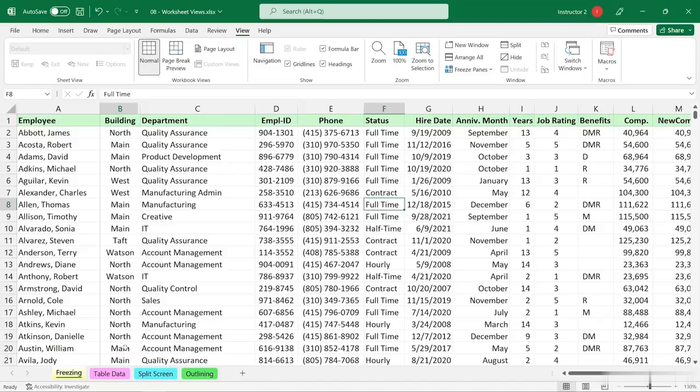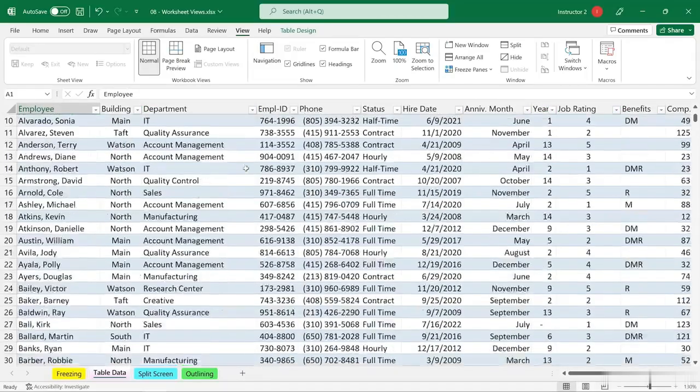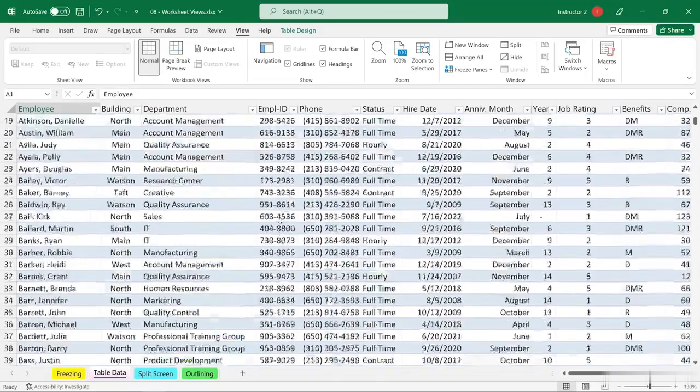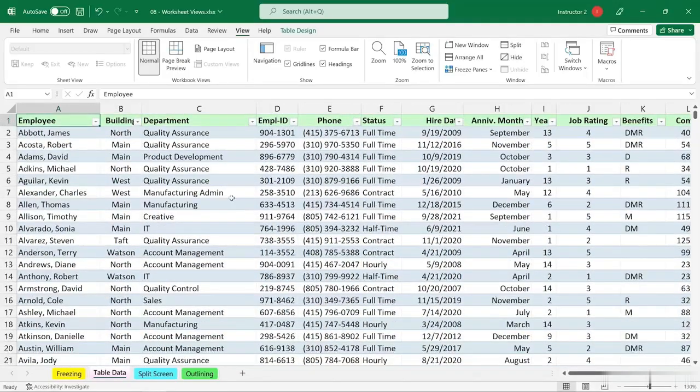The next worksheet over has the same data, but it's been converted to a table. Now, you might not have worked with that feature just yet. Its main difference, at least initially for most people, is this look of banded rows and the automatic built-in fact that when you work with a table, as you scroll using the mouse wheel, you automatically see that the titles are there all the time. They take the place of the column letters. So there's no reason using this feature to freeze the top row, but you might want to freeze the leftmost